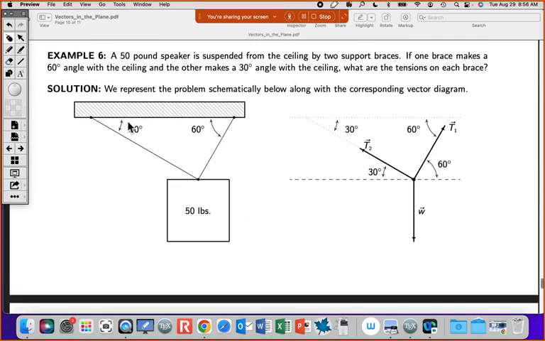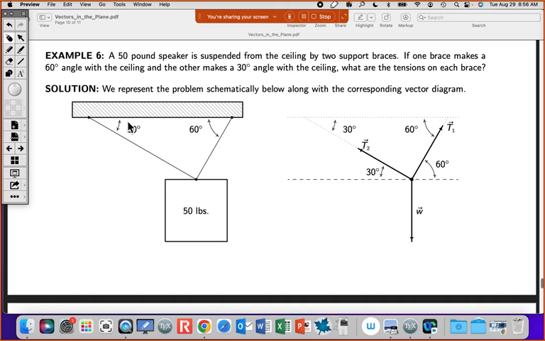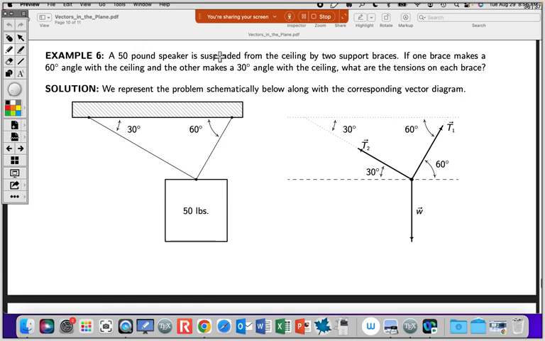And so Derek, here's the example I was mentioning earlier. A 50-pound speaker is being suspended from the ceiling by two support braces. If one brace makes a 60-degree angle with the ceiling and the other one makes a 30-degree angle with the ceiling, what are the tensions on each brace? Now you're assuming that this thing isn't moving around or anything. So in order for this to stay put,